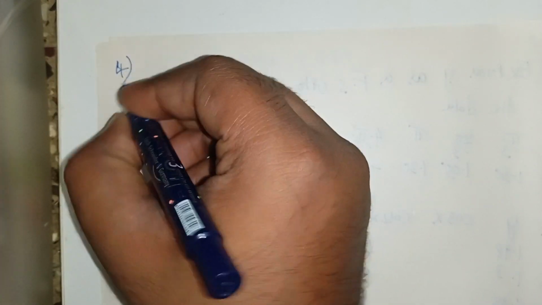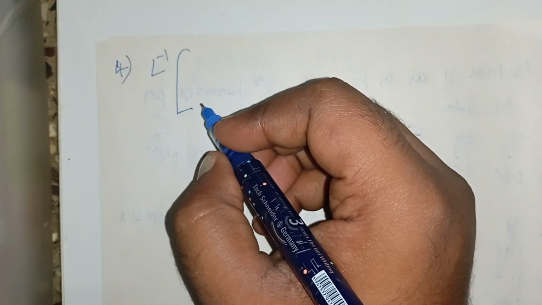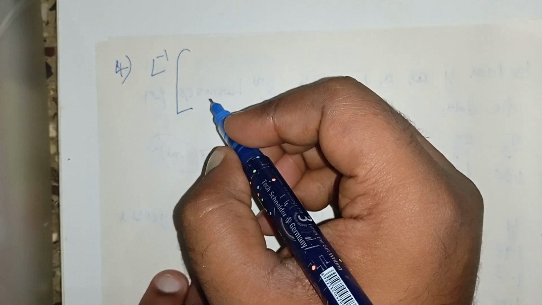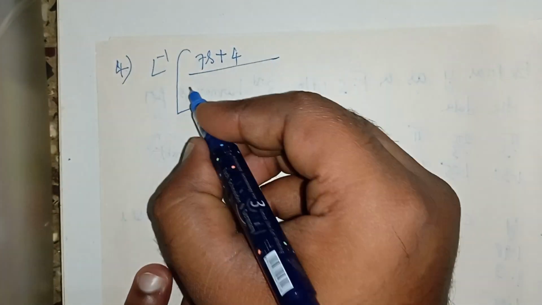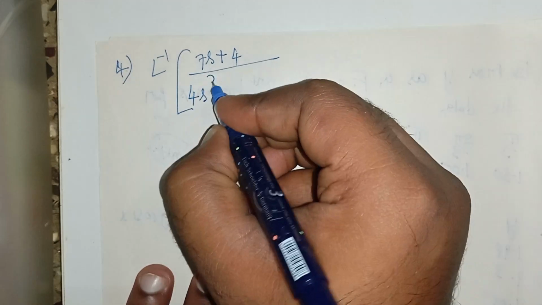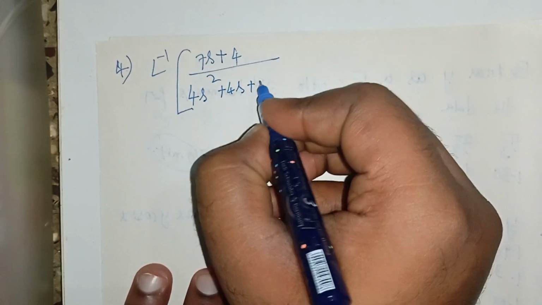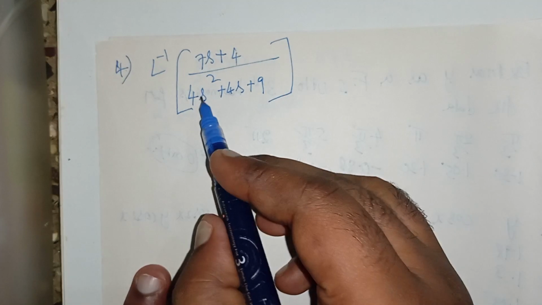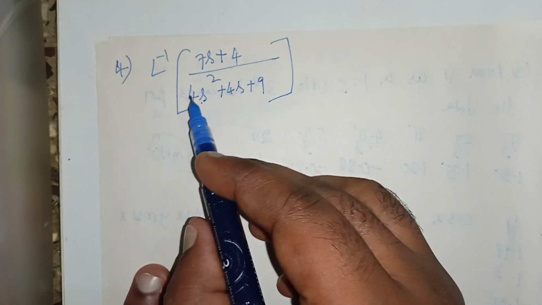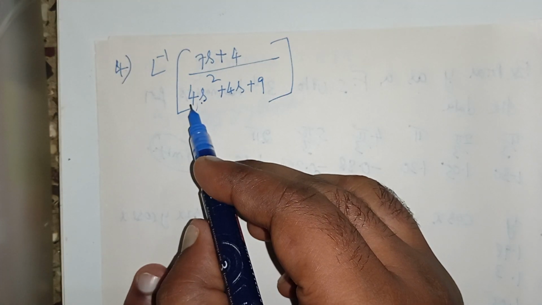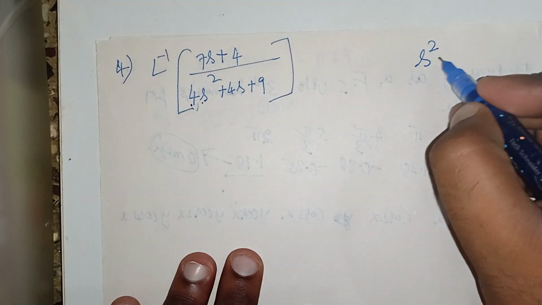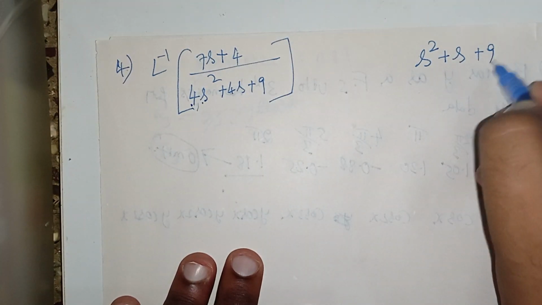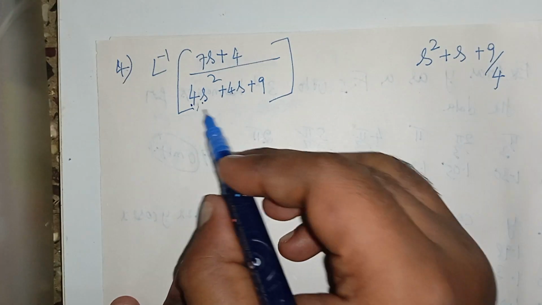So L inverse of (7s plus 4) divided by (4s square plus 4s plus 9). Basically, to apply completing the square, the s square coefficient should always be 1. Here you have 4. So I will divide the whole equation